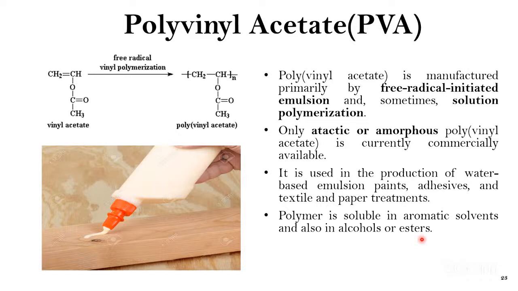Suppose IPA is one type of alcohol solvent. If you add it to perfume, because you know in every perfume 30 or 40% is alcohol, right? So some kind of alcohol or